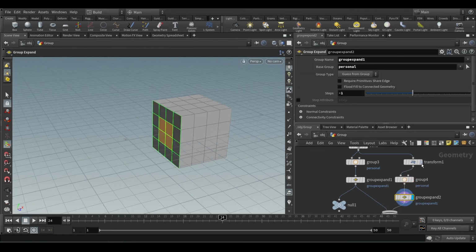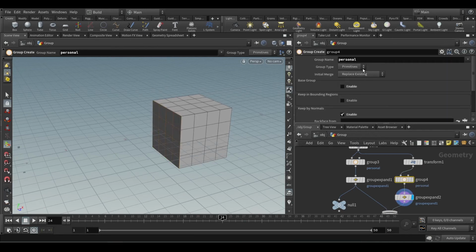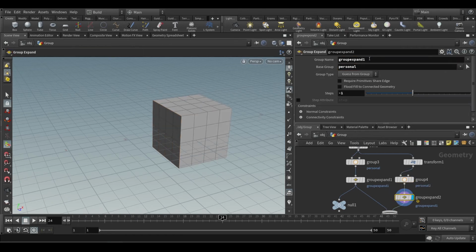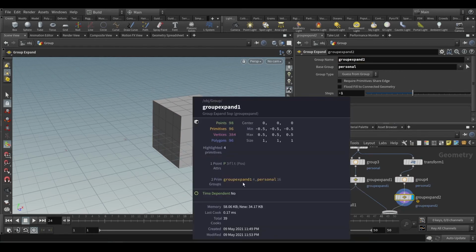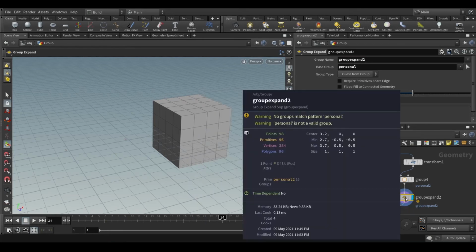Group expand. I'll change the name personnel to something else, because that is important. If you have the same name on the same thing, then Houdini won't recognize that they are two different groups. If you have a different group name, then they understand. So even here I put 2. If you middle mouse it, I have expand 1 and personal in the left box, and on the right box I have